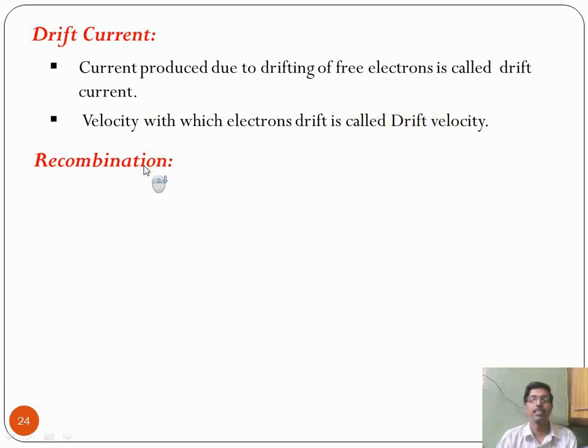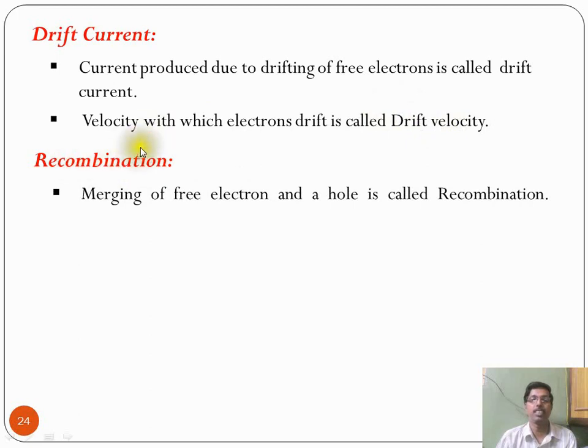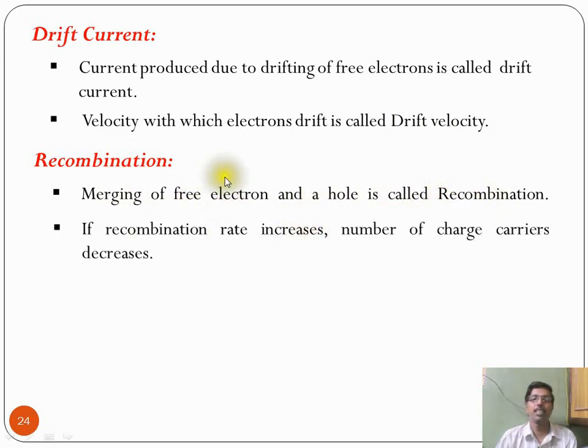Now the next term, recombination. What is recombination? Recombination means merging of free electrons with holes. If an electron and a hole combine with each other, then that combination is called a recombination process. If the rate of recombination increases, and the electrons are combined with the holes, then both cancel each other, and the number of charge carriers